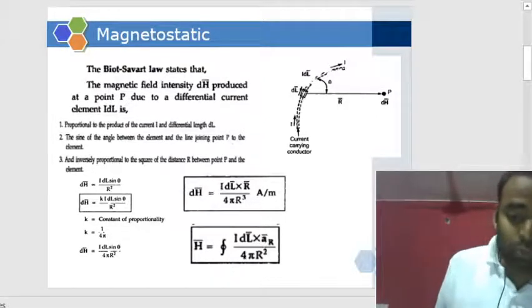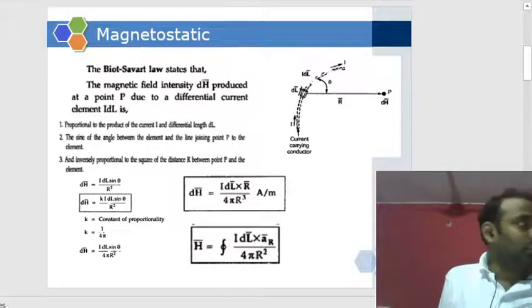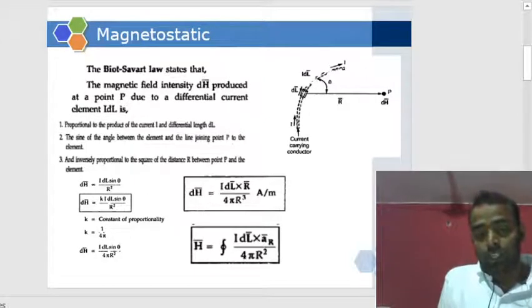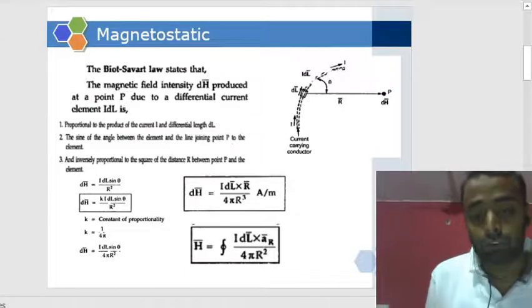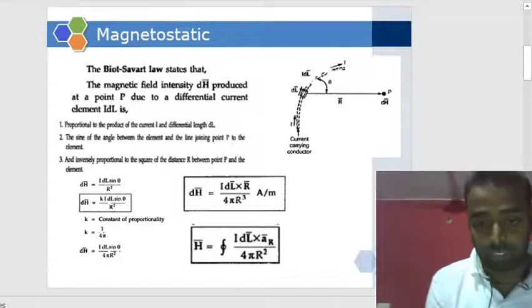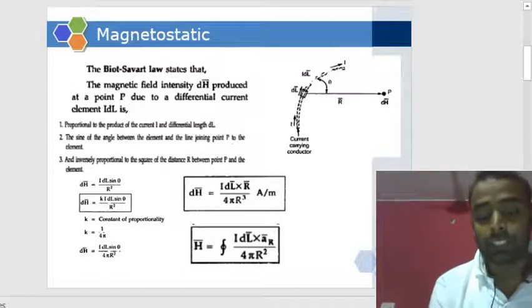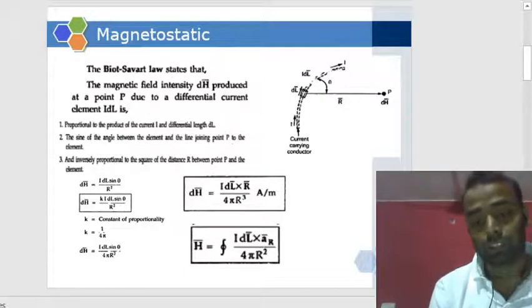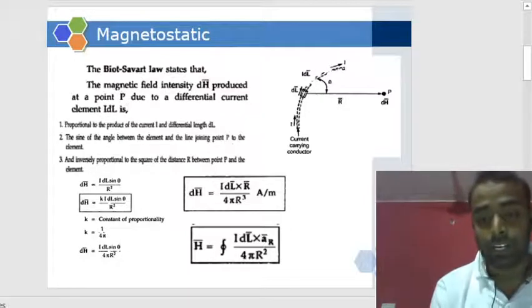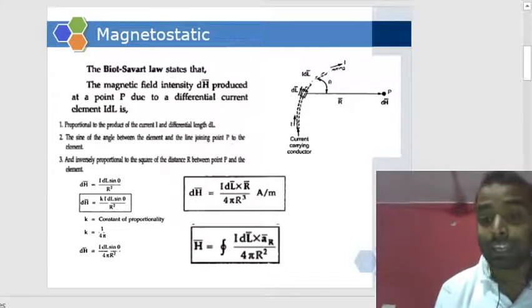So what we can do, just for the sake of normalization and to reduce the complexity of the calculation, is this. Of course, it is a vector quantity, so we are making it a cross product. How can we make a cross product of it? dl cross r. What is r? R is a vector quantity, isn't it? So vector r. So we are making it dl cross ar.